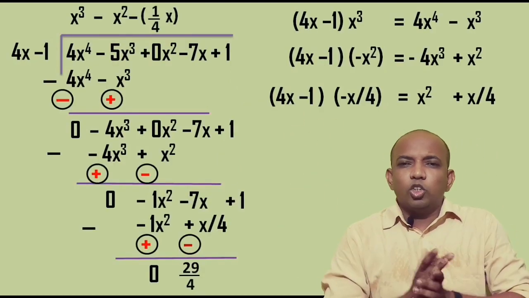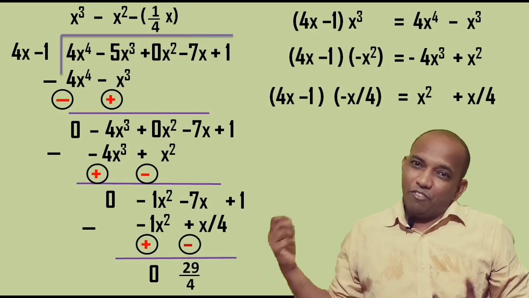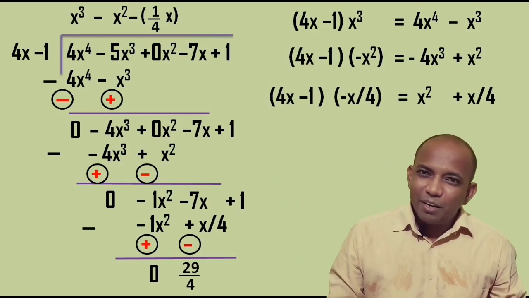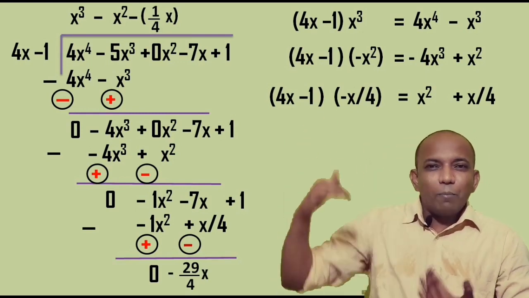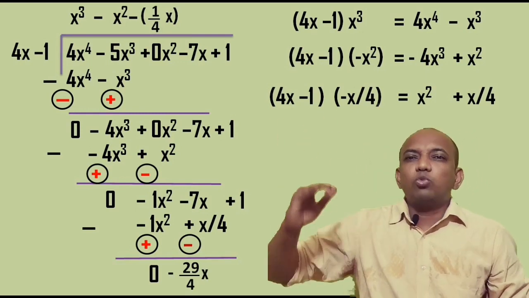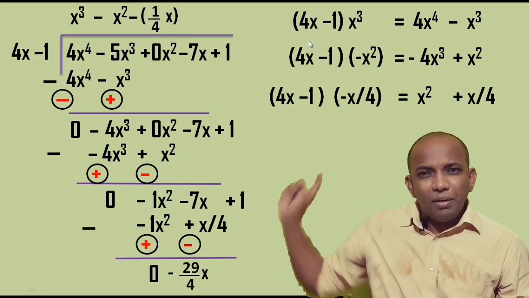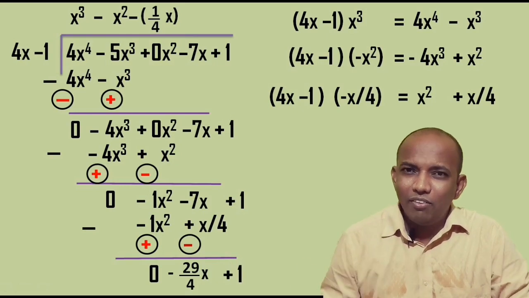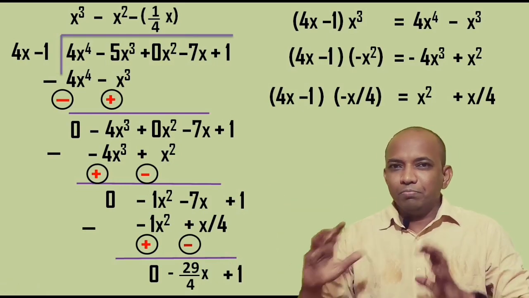The way you are looking on the screen. So what we get? 0 is already there, and then we got minus 29. Of course, that x is always there. Do not forget that part, right? Because 7 is also with x and 1 upon 4 is also with x, right? So minus 29x upon 4 is our answer. Then plus 1 will be taken down, and what we have in the remainder? We have negative 29x upon 4 plus 1.